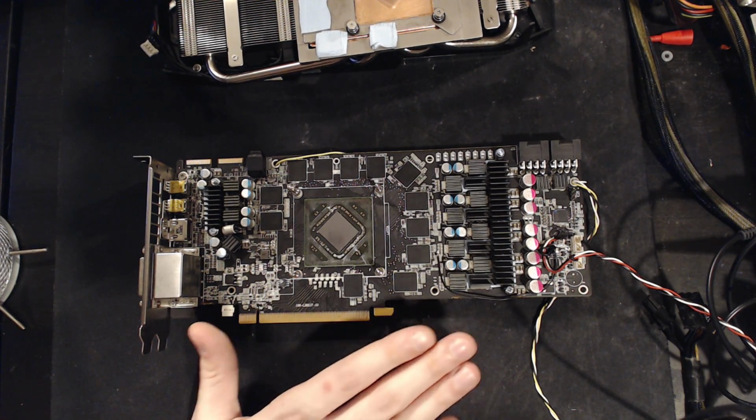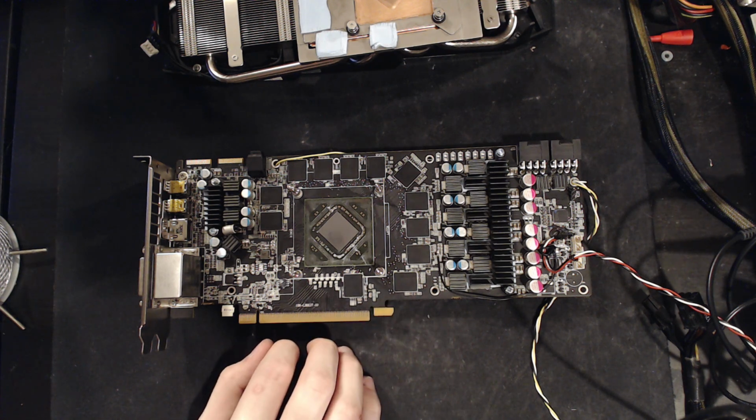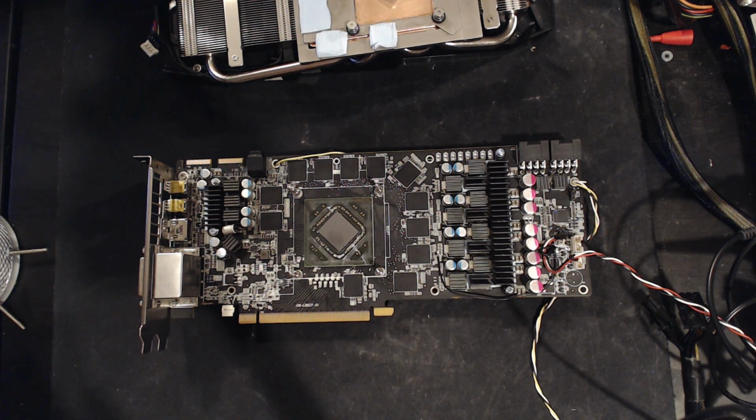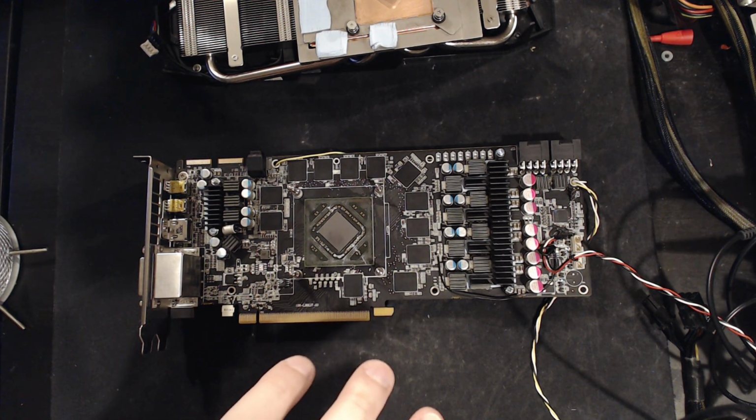I bought that card after having a GTX 590, and the GTX 590 failed, and we got it RMA'd, but I got the HD 7970 to replace it eventually. And the thing about the